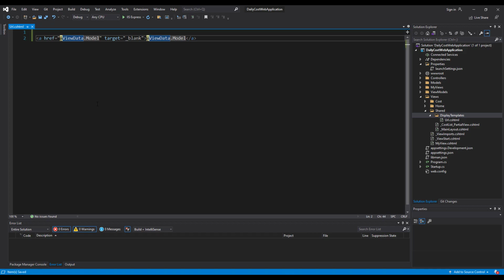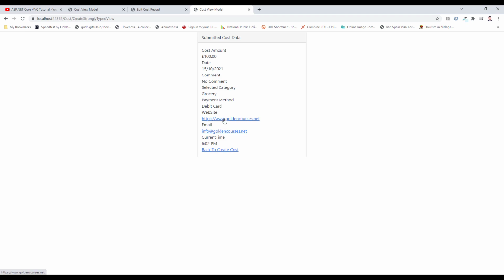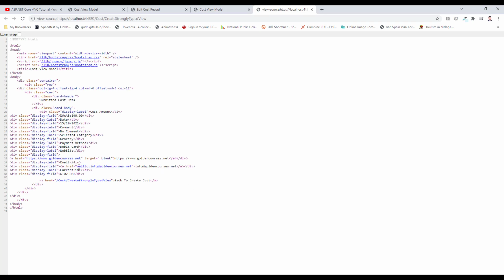but I continue with this change and save the project and run the project to see whether the _blank target is added to my DisplayForModel or not. The project is up and running, and I will go to create a strongly typed view and I submit this one. As you can see, I have again my DisplayForModel view, and if you look at the view page source, you can see here I have target blank, and it is proved that the changes that I made inside